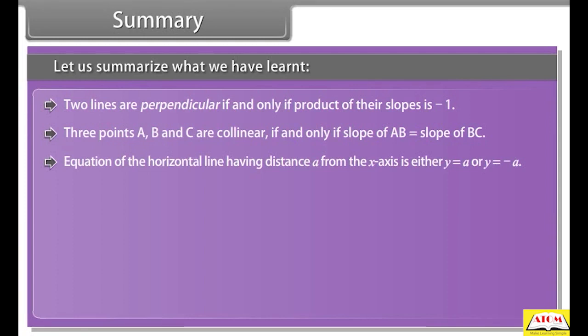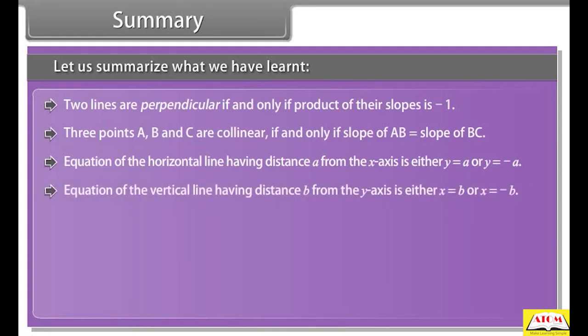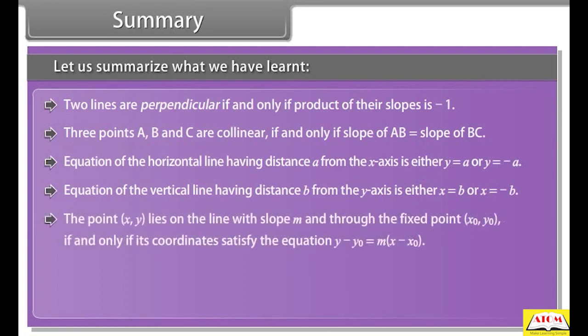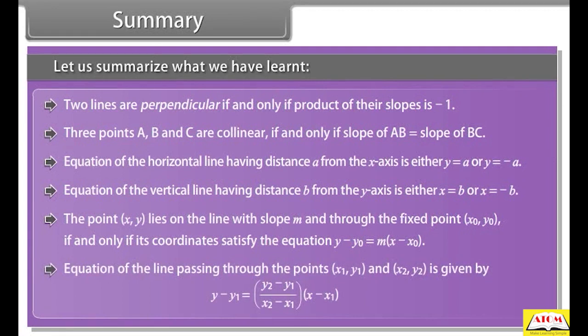Equation of the horizontal line having distance a from the x-axis is either y is equal to a or y is equal to minus a. Equation of the vertical line having distance b from the y-axis is either x is equal to b or x is equal to minus b. The point (x, y) lies on the line with slope m and through the fixed point (x0, y0) if and only if its coordinates satisfy the equation y minus y0 is equal to m into (x minus x0). Equation of the line passing through the points (x1, y1) and (x2, y2) is given by